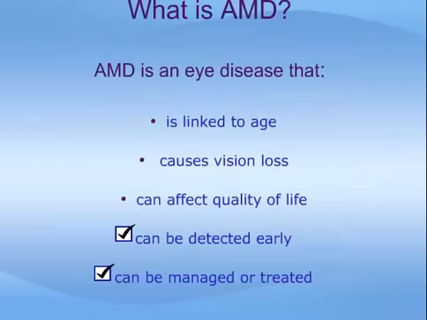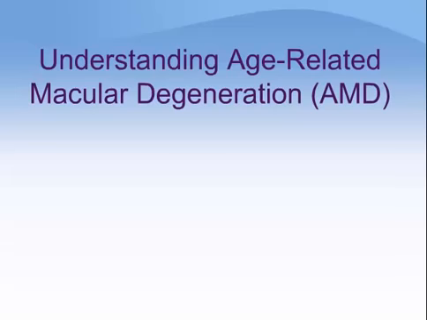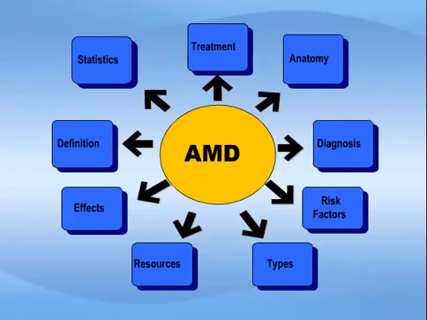AMD is an eye disease that affects people aged 50 or older. It impairs vision and gets worse over time. This vision loss can make normal, enjoyable activity difficult. You may also use the player on your left to repeat slides or skip through them in any order you wish. This program aims to provide you with a basic understanding of AMD, its effects, types, risk factors, diagnosis, and treatment. It also discusses